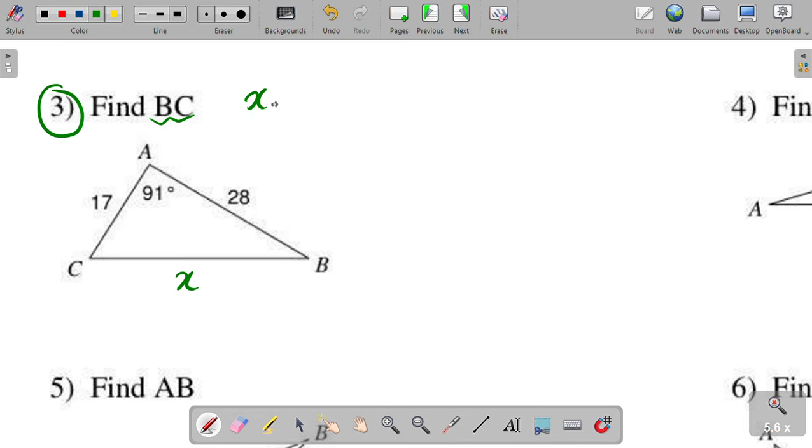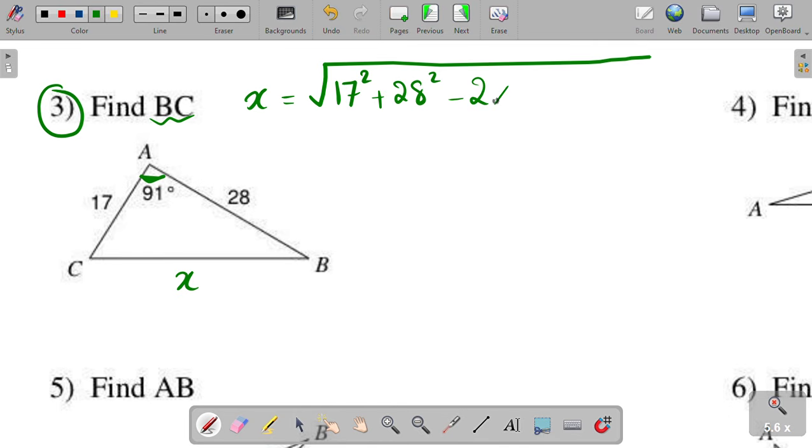Side CB is going to be, open a huge root, and let's write down. Since this is the angle between these two sides, the rule says 17 power 2 plus 28 power 2 minus 2 times 17 times 28